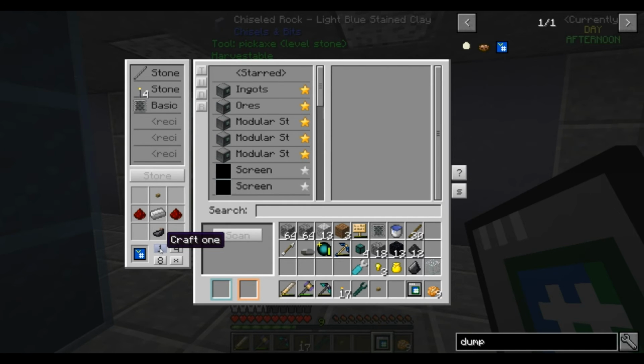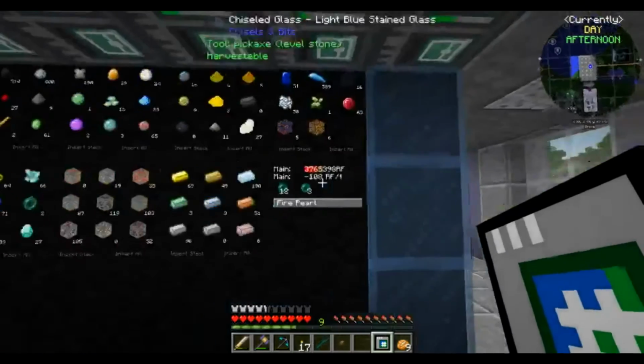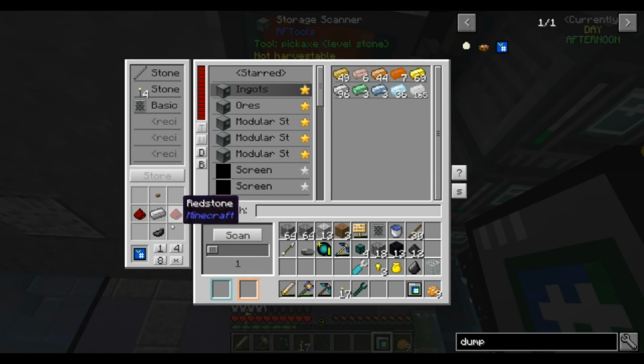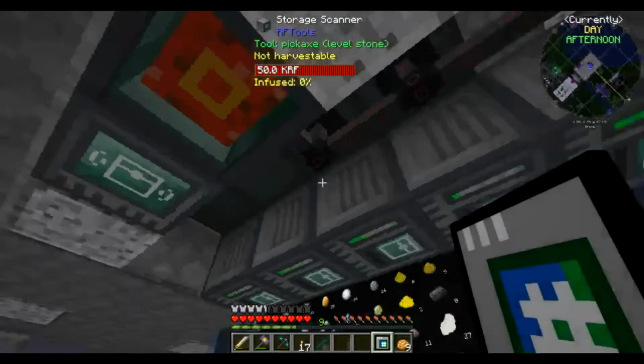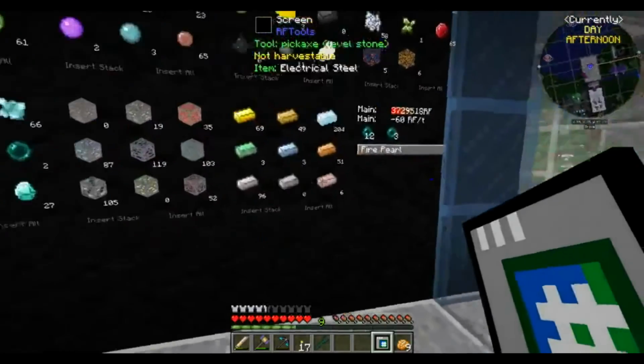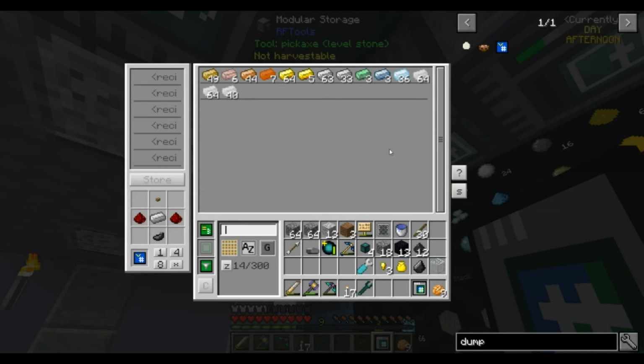Okay, this appears to be a bug still. Let me see if it works directly from the storage scanner. No. That's strange. Okay, so I will have to investigate what's up with that. It's not always working. Let me try if I do it directly from here,